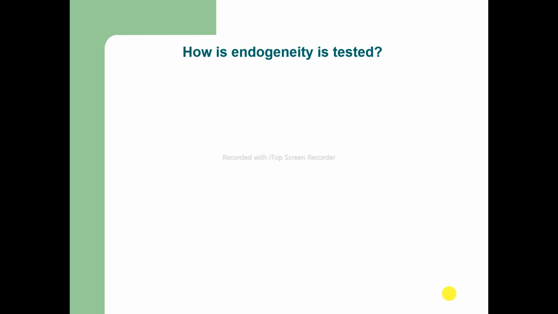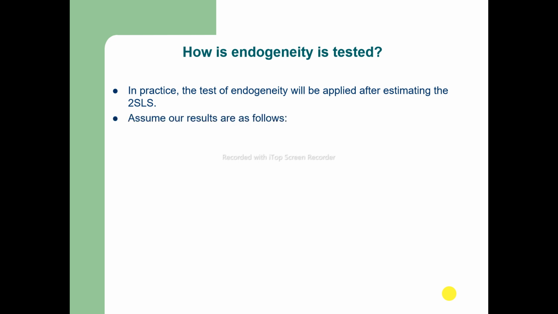In this lecture, we will deal with the omitted variable bias, endogeneity bias due to omitted variable. So the question is, how is endogeneity tested? In practice, the test of endogeneity will be applied after estimating the two stages least squares. Assume our results are as follows,